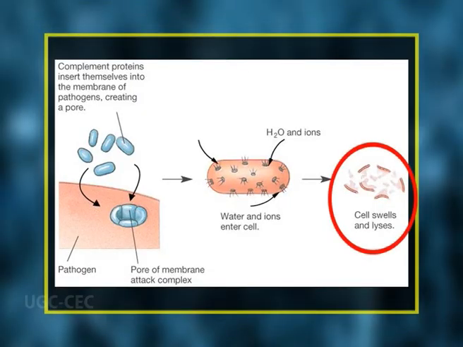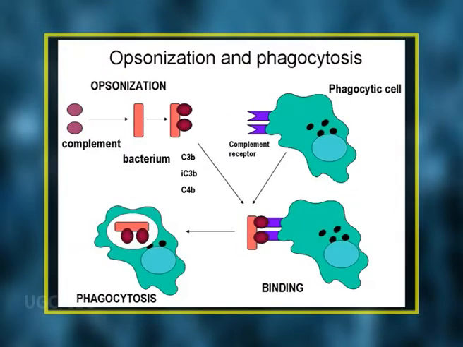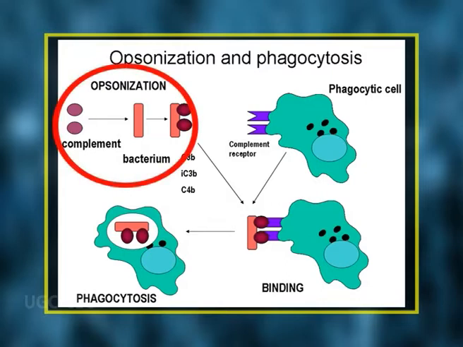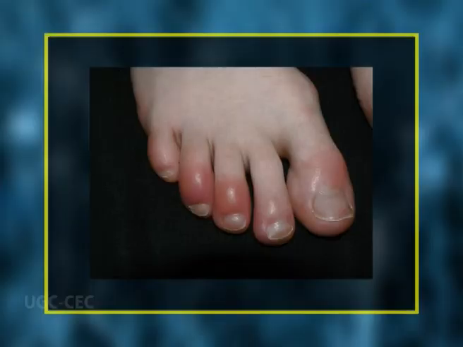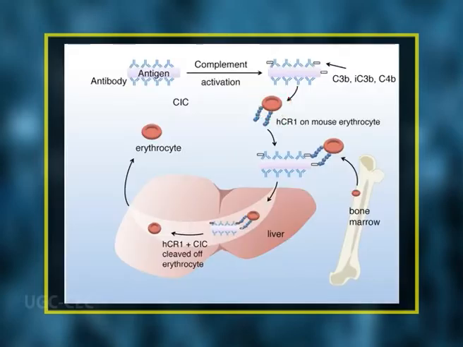After initial activation, the various complement components interact in a highly regulated cascade to carry out a number of basic functions, including the lysis of cells, bacteria, and viruses; opsonization, which promotes phagocytosis of particular antigens by binding to specific complement receptors on the cells of the immune system, triggering specific cell function; inflammation, and secretion of immunoregulatory molecules; and immune clearance, which removes the immune complexes from the circulation and deposits them in the spleen and